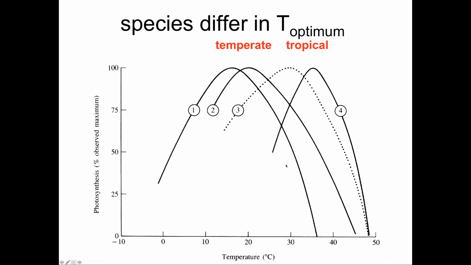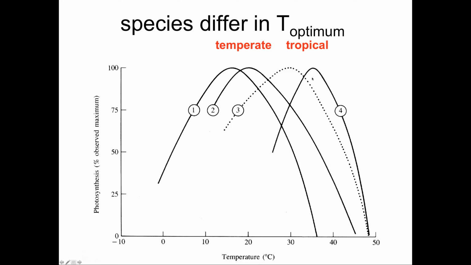So here's just a figure showing photosynthesis. This is really percent of the maximum observed over a range of temperatures. So you see this kind of optimality curve where it rises as temperature rises and then it drops off. And this is a cartoon, of course, so things don't all look like this. But you see that if we think about this as species 1, 2, 3, and 4, that species differ in their temperature optimum,